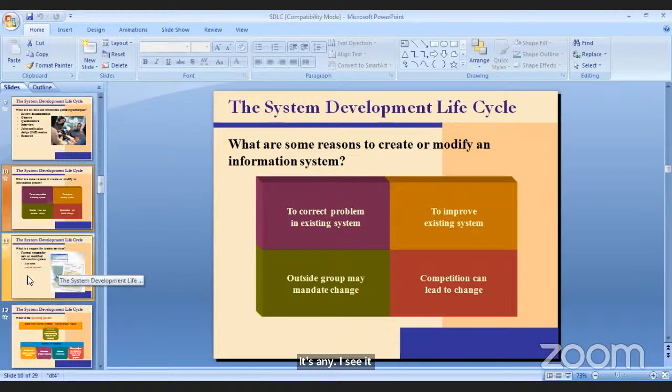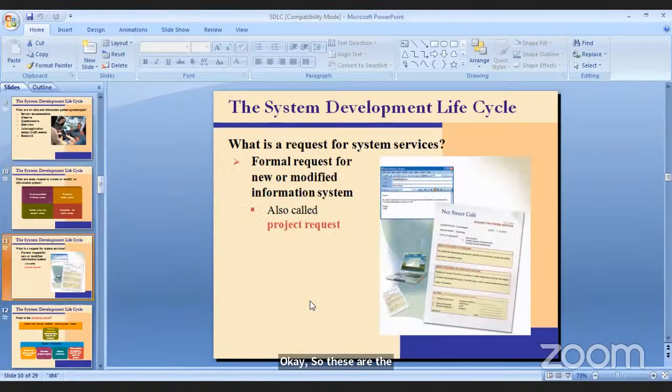Okay, so these are the 4 reasons why you want to create or modify the information system. Then, what is a request for system services? The request could be a formal request for a new system or a modified information system. As I told, if there is no such system, you develop from the grassroots and provide the solution to a client or the customer. Or if you have an existing system, then you try to